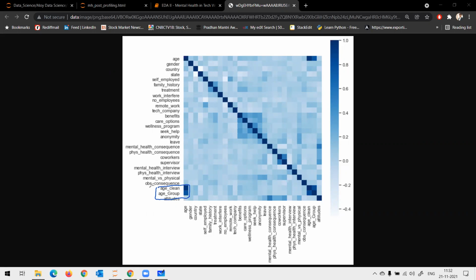It's basically a mirror image, right? Age clean is something we created. And how did we create it? We used the age column to create age clean and age group. You can see that all three are highly correlated. Is it clear?